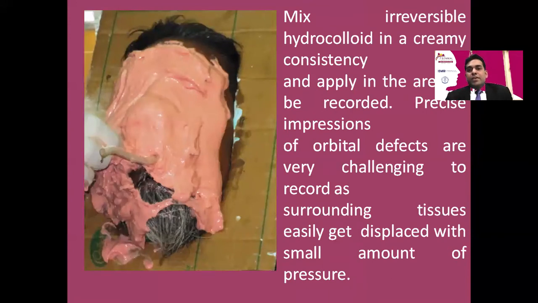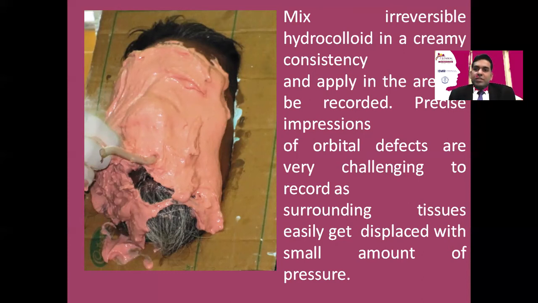Now, before making a complete facial molar impression, I would like to advise the placement of intraoral suction tubes, or you can use hollow pipes to maintain the breathing during this impression procedure. So you can insert this hollow pipe or suction tube in patient's mouth, and after that you can start applying the hydrocolloid impression material in a creamy consistency.